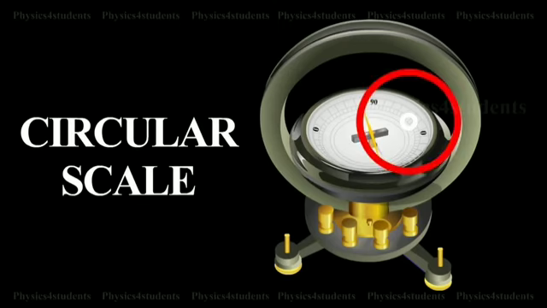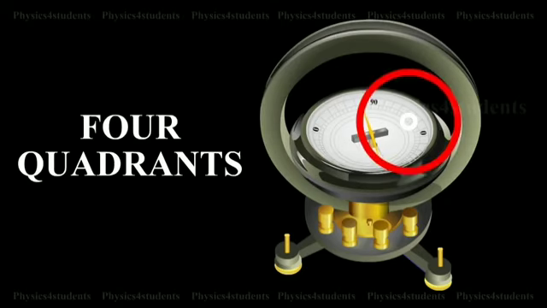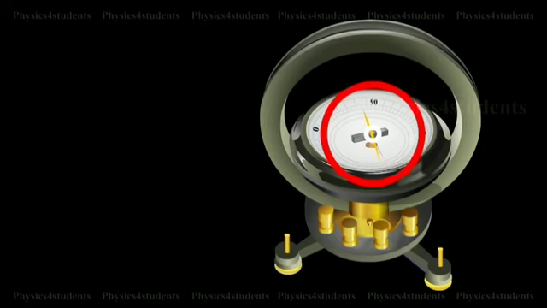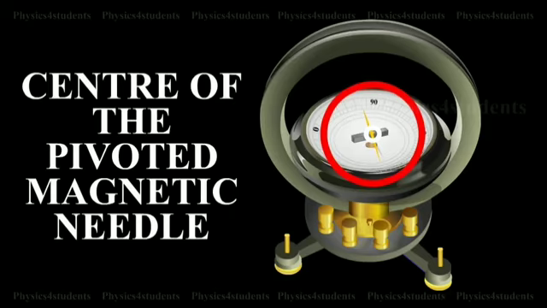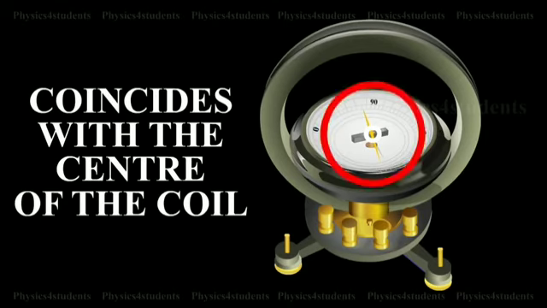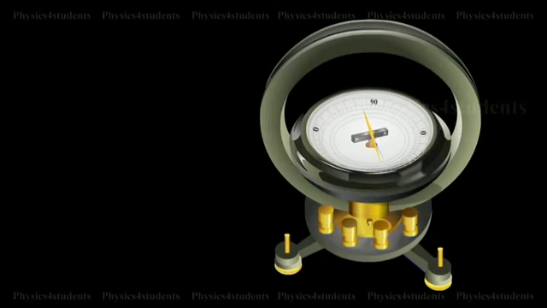Next, a circular scale is also connected in that part, which is divided into four parts. The center of the point is a compass, where the center of the pivoted magnetic needle is attached. Some precautions are followed here. All the nearby magnetic materials are kept away from the instrument. Using a spirit level, the leveling screws at the base are adjusted so that the small magnetic needle is exactly horizontal and also the coil.